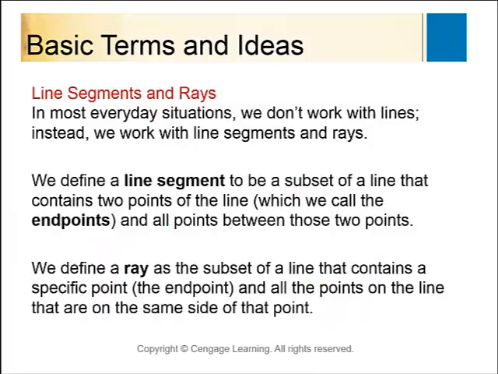Talking about line segments and rays. A line segment is just a portion of a line that's kind of chopped off. So if I had this line, and let's put 2 points on it, call them A, B. AB would just be this chunk right here, and I would write that as AB with a line segment over the top. A ray, using mine from above, I could say the ray AB, and that would be